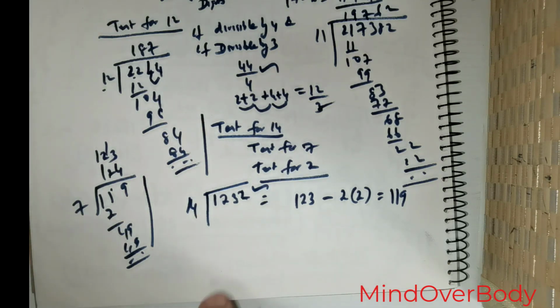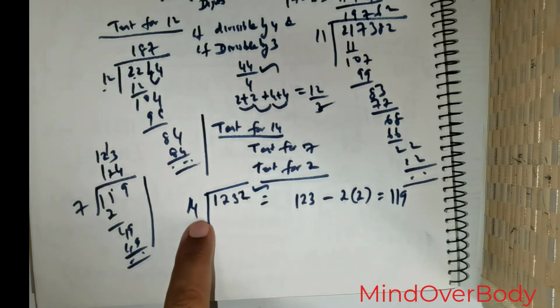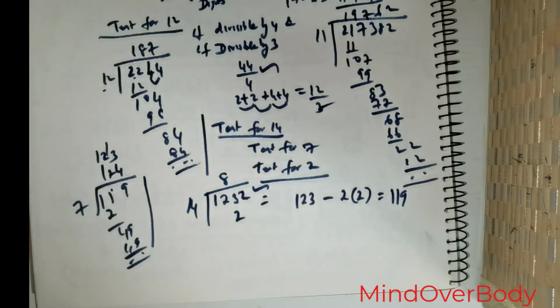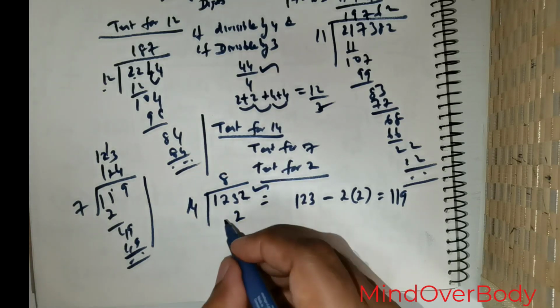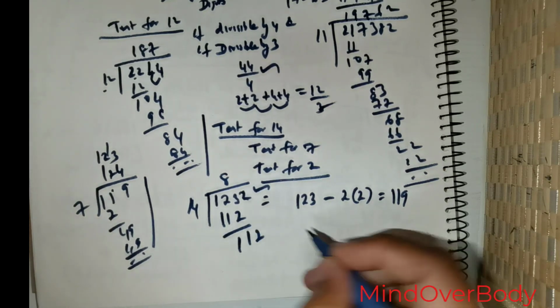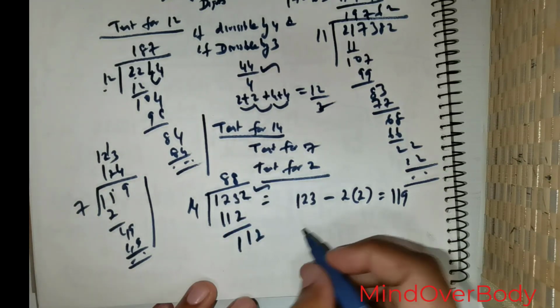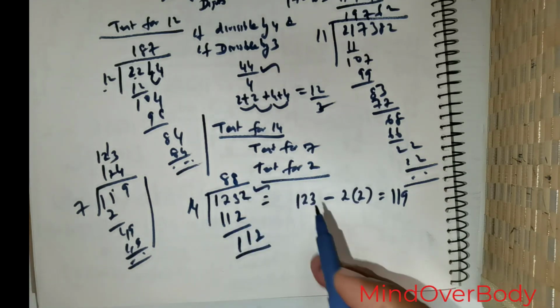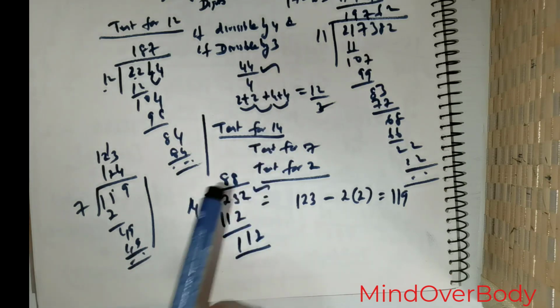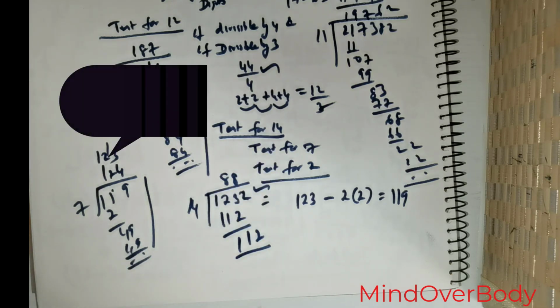How many times? 7 2s are 14, 1, 8 times, 8 4s are 32. Let's check it out. 8 4s are 32, 3, 8 2s are 16... I get a 1 and 2, 88 times. Bravo. So you can clearly see how exactly, by knowing the divisibility test, we can zero in on our solutions